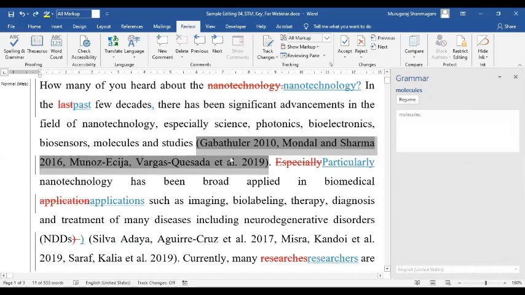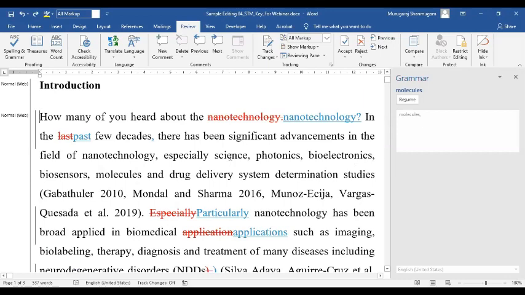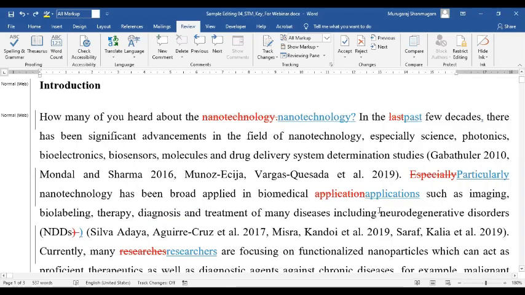Okay, so possibly we can conclude that MS Word is confused by the way the list is structured. If it is a very simple list, MS Word can clearly identify the Oxford comma positioning. If the list is a little complex, a little involved, then it becomes difficult for Word to identify that for you.